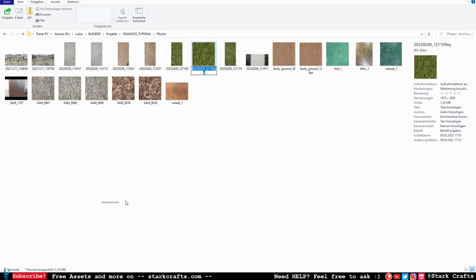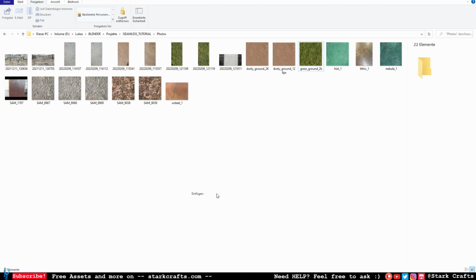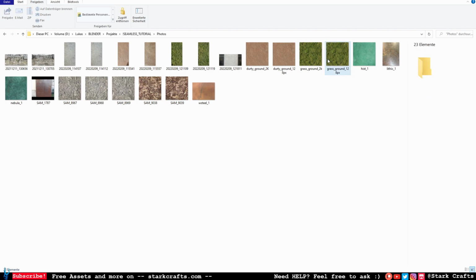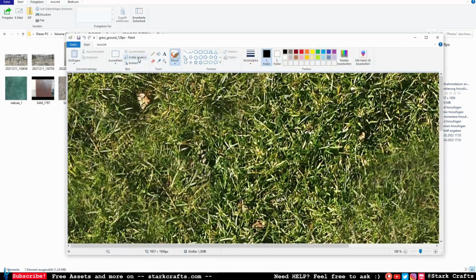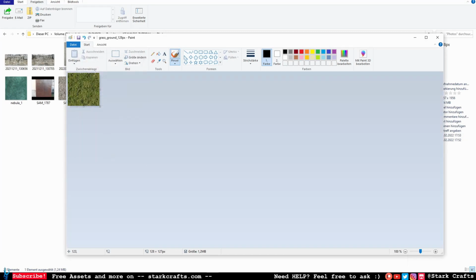Let's rename it. Grass ground 2K. Let's make a copy, insert, rename. Let's rename it 128. Right click, edit, change size, pixel, 128, save,